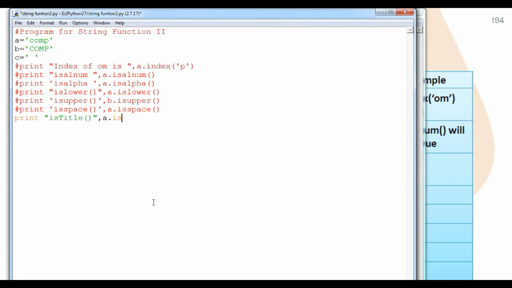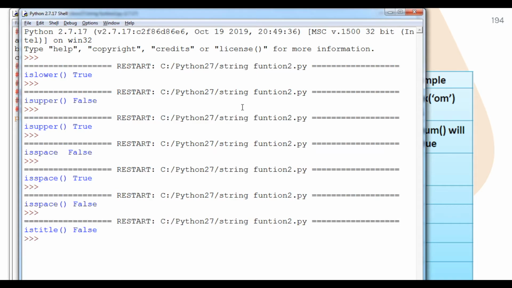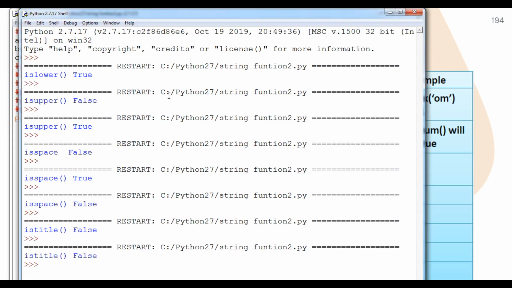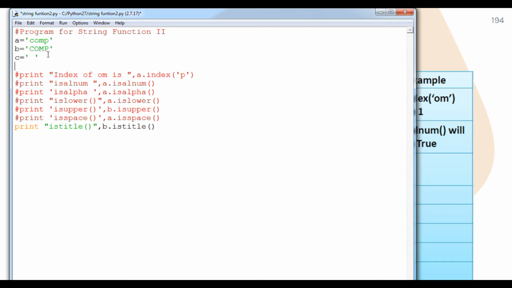Let's see a.istitle(), where a will be small. Let's see what the output will be, student. Here it will definitely be false. Why? Because there is no title-case letter here. In place of a, if we use b, what will the output be? You can see here it will also be false. Why? Because all are in capital letters.